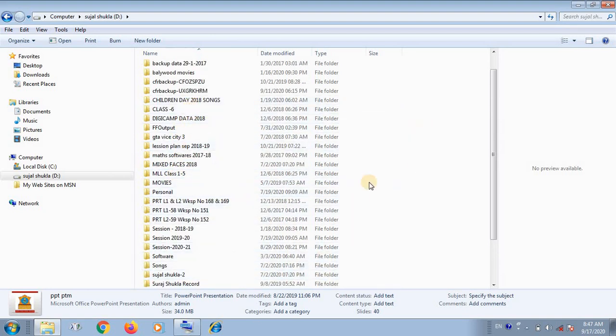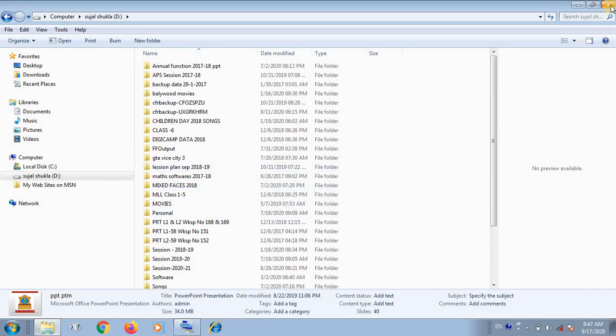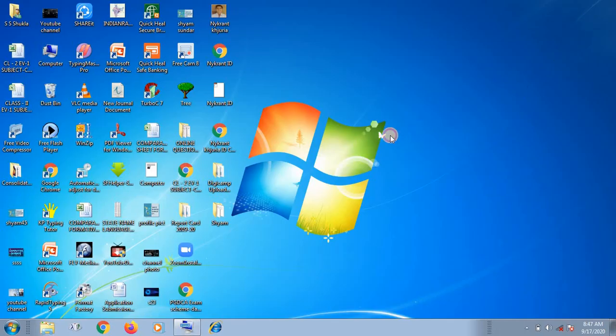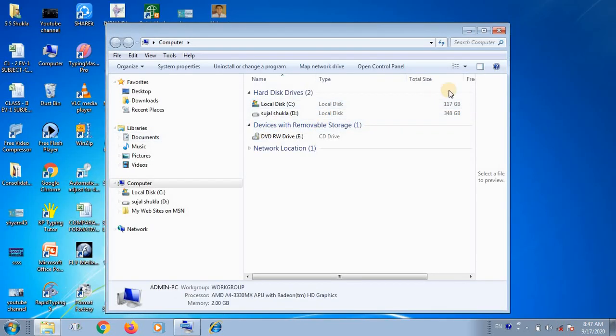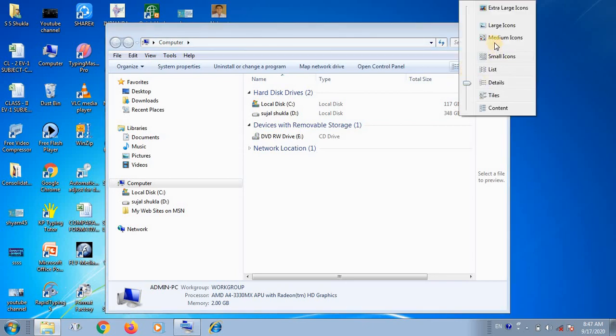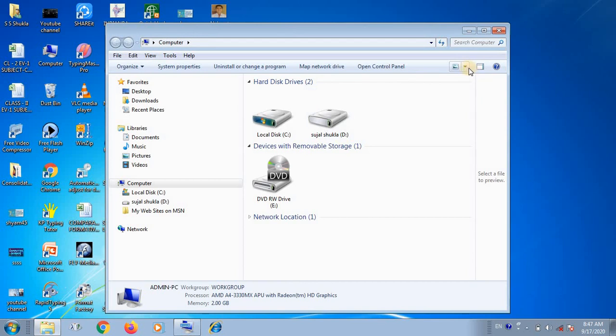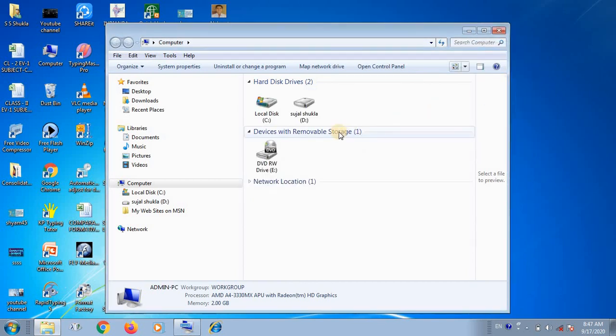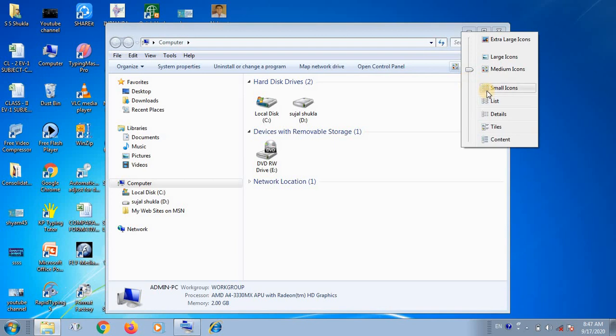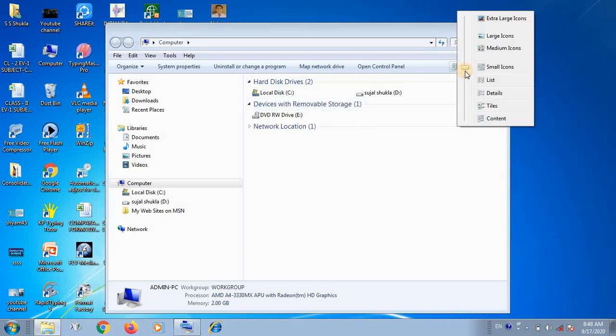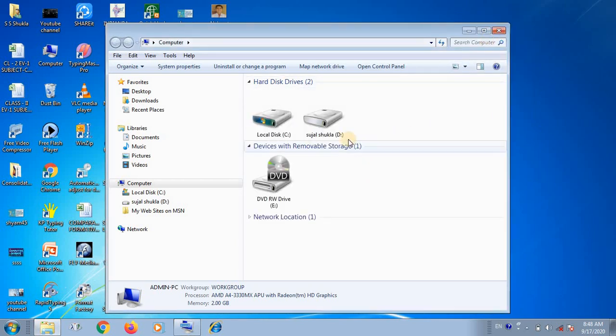Okay, children, in this way we can see the files and folders in detail, and we can select the files and folders. How? This is also a main thing, children. As you know, we have to show the large icon.